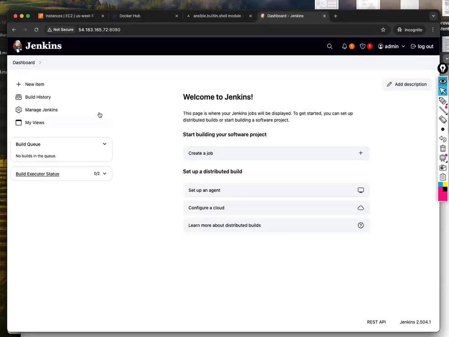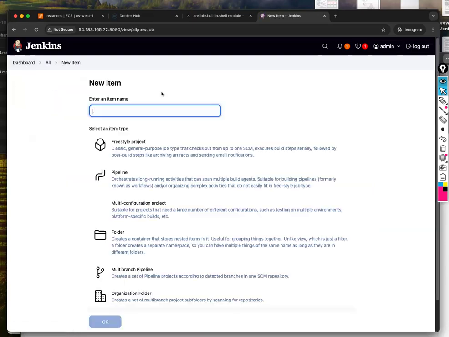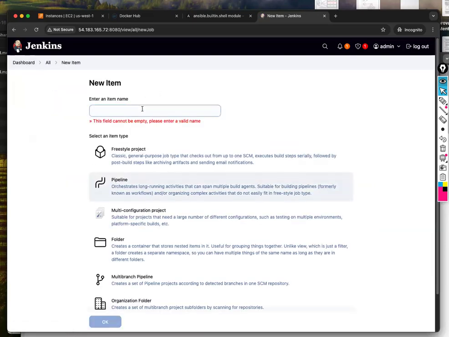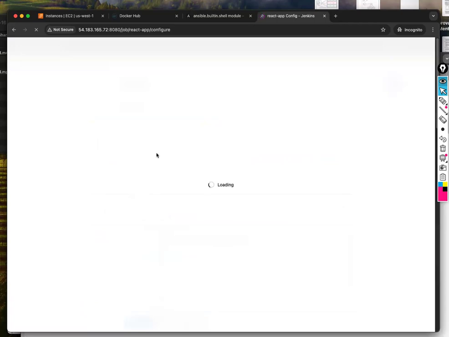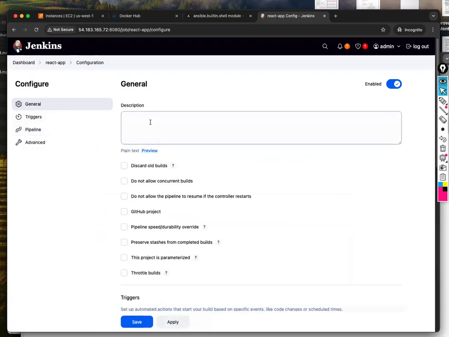So now what we'll do is we'll go to dashboard, new item, pipeline. So I'll say this is React app. Okay, pipeline project. So we only use pipeline projects, guys. Why? Because we prefer to work with the scripting layer. Declarative scripting means every step we need, we can write in the form of a script. So I'll say the description is